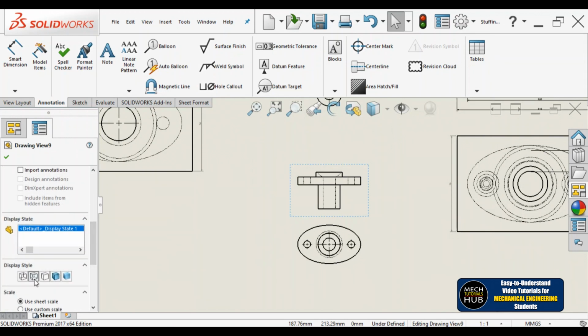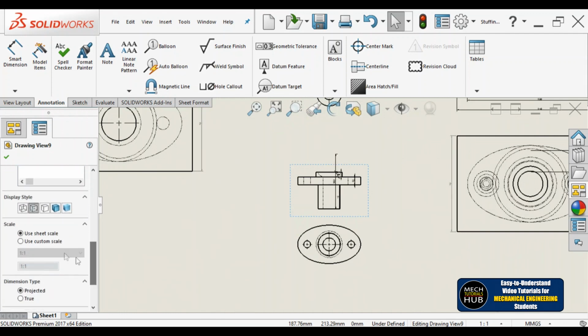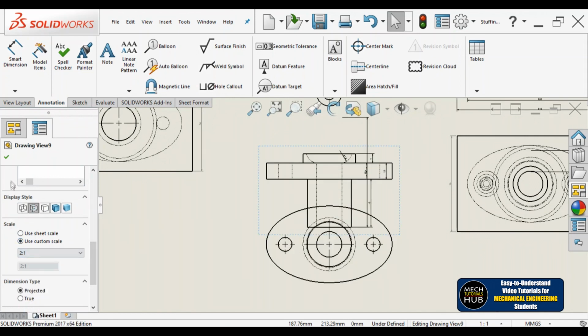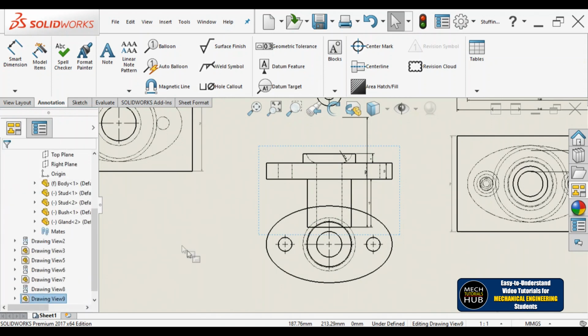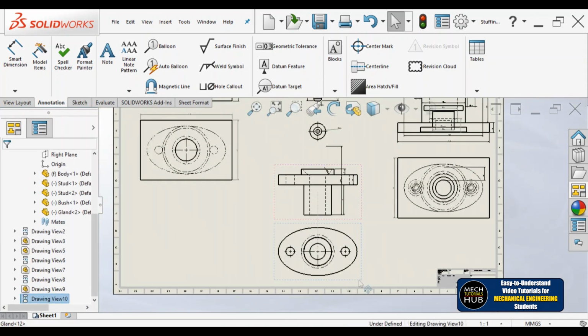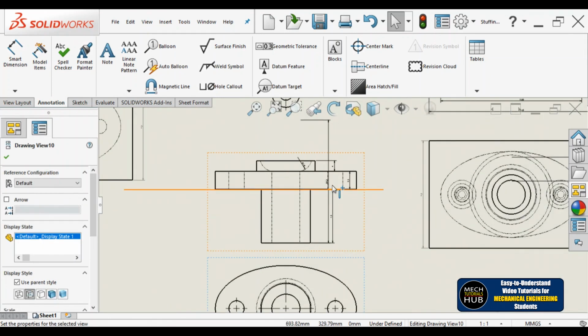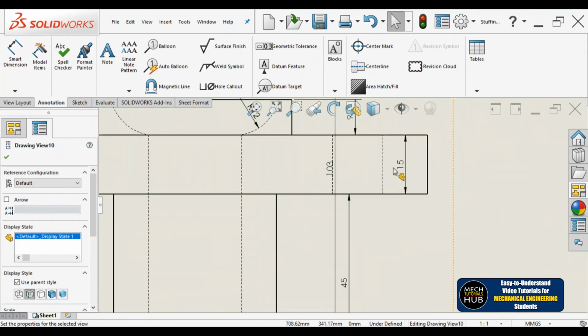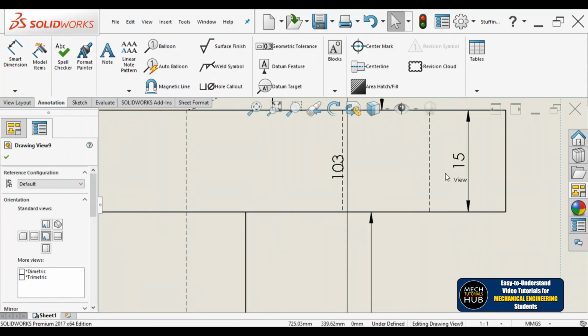Okay, now as we have increased the scale of all the views, better to keep it in wireframe, and keep all the dimensions, followed by, let me increase the scale to 2:1, say okay to this. Okay, now both the views are colliding with each other, so let me move that particular